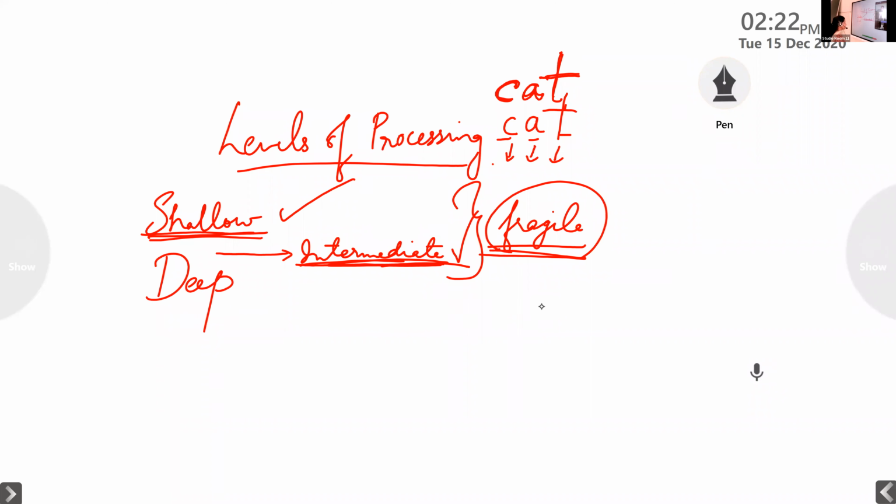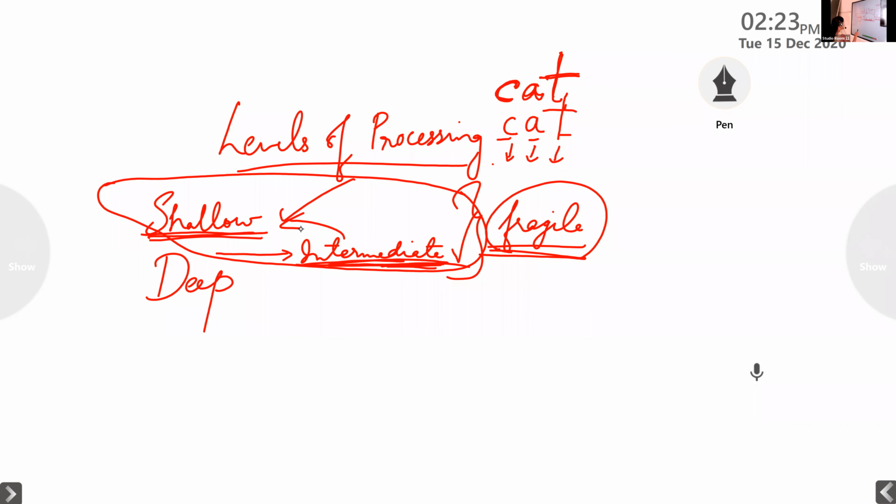Okay, just a minute. So at the deeper level, what happens? This whole thing is considered as a category. The shallow level and the intermediate level: I told you we'll process some phonetic sounds of the basic structure, isn't it? That is related to the shallow level, because in shallow processing we process the information about the basic structures. It is based on those basic structures that we do the intermediate processing. So intermediate processing automatically goes into shallow processing. It is considered as a part of shallow processing.